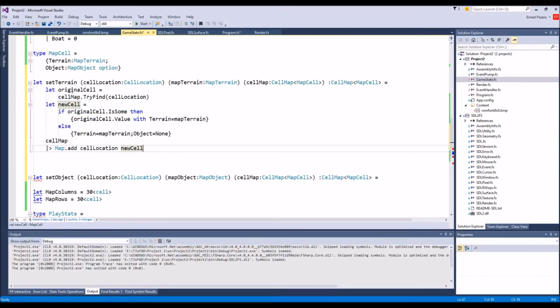It attempts to find the original location. It may not. So it could really. This could be written a different way, but it's relatively clear here. So I set the terrain like so. See, and then